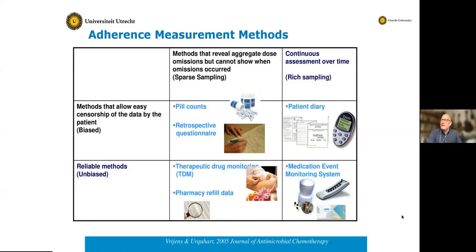And even if it is not biased, you only have aggregate data. So if people bring in their packaging and you see that they only took half of the dosages, you only know that somewhere in the past time they forgot or did not take medication, but you don't know when. If you have a patient diary, either on paper or in an electronic form, you have more continuous assessment. So that's on the top right